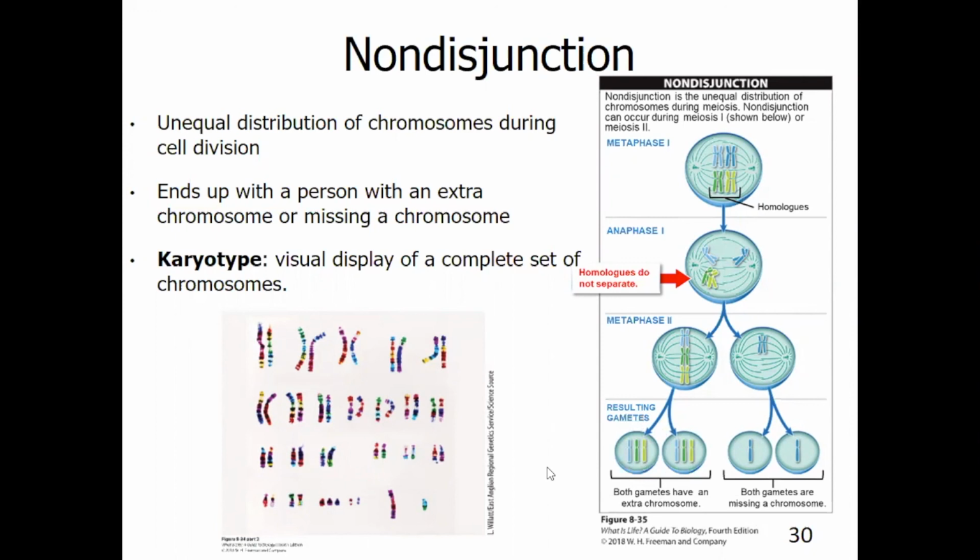The most common is Down syndrome. Down syndrome is when a person has 3 copies of a particular chromosome. We can look at a karyotype, which is a visual display of a person's chromosomes, and we can see here we have 2 copies of chromosome 1. So one of these is a maternal copy, the other is the paternal copy. Here is chromosome 2. Again, one of these chromosomes is the maternal copy and the other is the paternal copy,